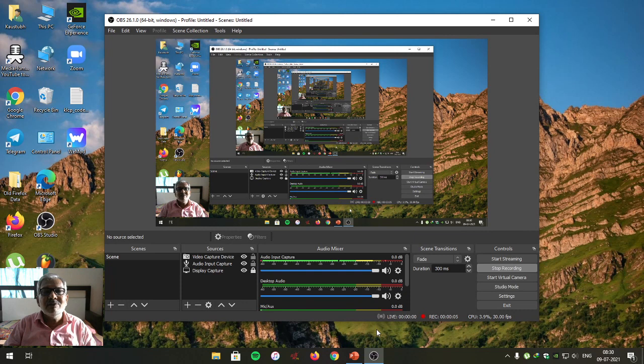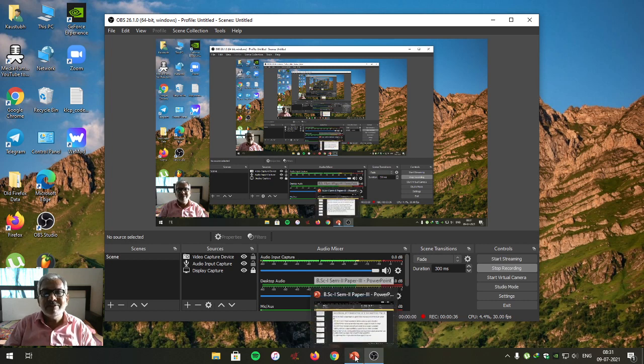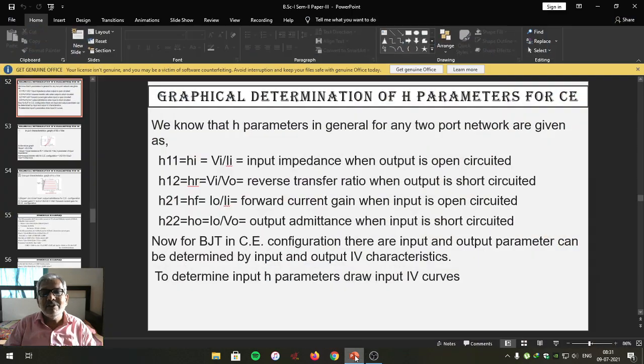In yesterday's lecture we studied the last configuration of the BJT, and that is known as common collector configuration. The same configuration we can call a voltage follower or emitter follower, whose voltage gain is always nearly equal to 1. Mostly it is less than 1. It is used as a buffer amplifier to match the impedance.